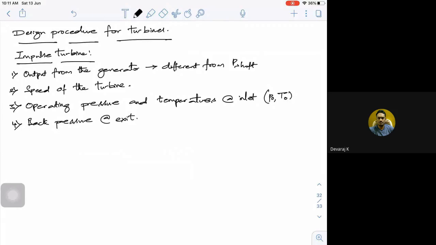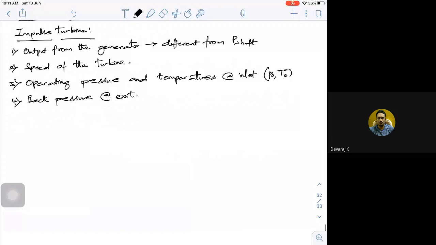So you have inlet pressure, then it has to rise to a particular pressure in the boiler, then it has to expand. So all these parameters clearly define, from the inlet pressure, to what pressure I am supposed to raise the steam. Once you know some of these parameters, whether you take an impulse turbine or a reaction turbine, whatever may be the turbine, a certain amount of parameters remain constant. Now, once you have this, we need to calculate some of the parameters.